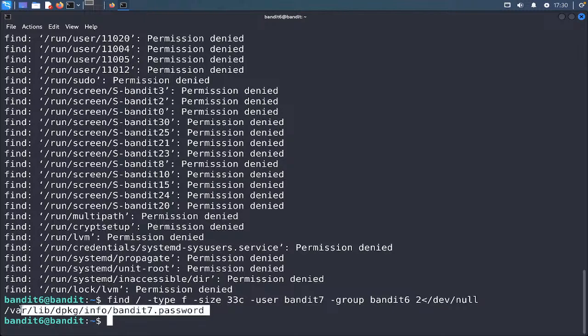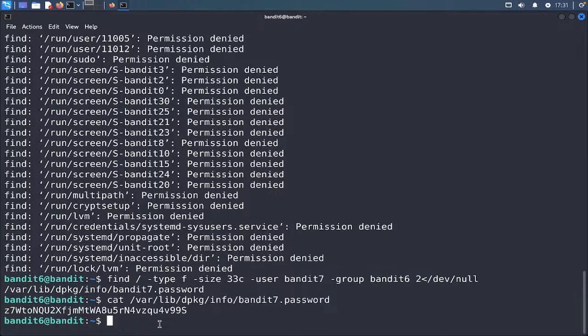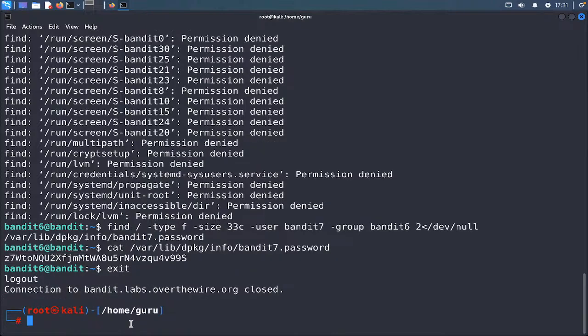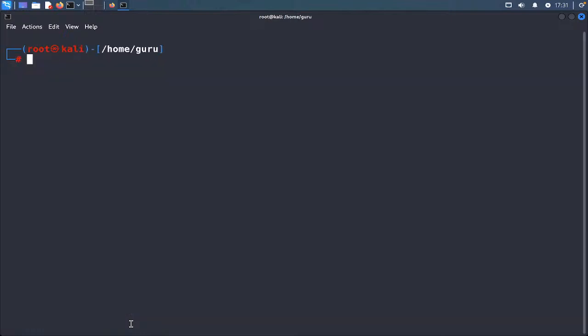So here you can see that we have the directory and the file path, and I can simply use the cat command. I can copy this particular line, paste it here, and if I hit enter, you can see I'm having the password for the next level, right? So yeah, as usual it's really brainstorming, but it's a good one.